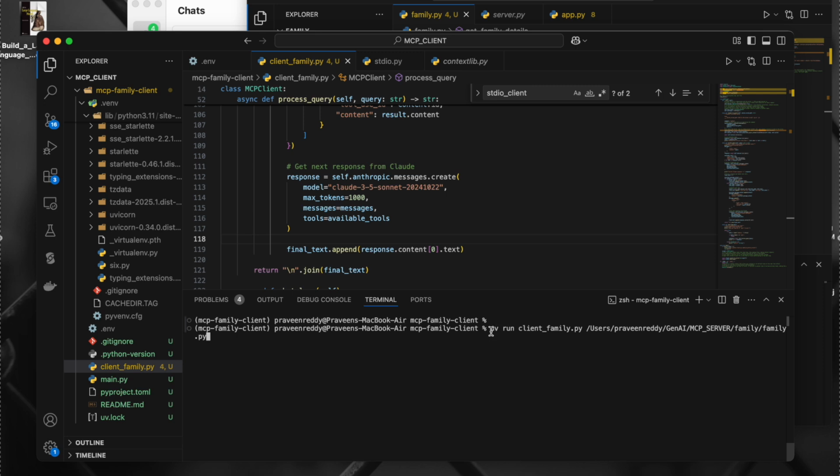If you want to run any code, you have to use uv run. And if you want to add any package, you have to use uv add. Just like how you use pip install, here you will do uv add. And here, uv run this particular client file, and then the path of this particular server file. I have this file, right? The family.txt. So when I execute this,